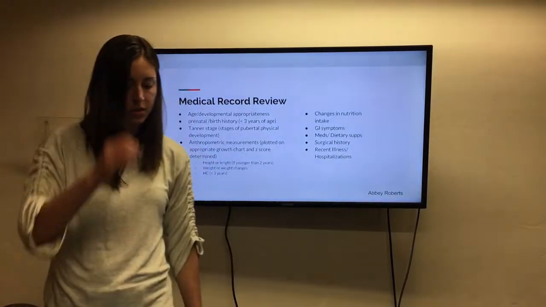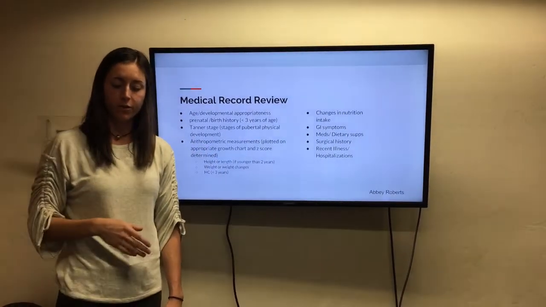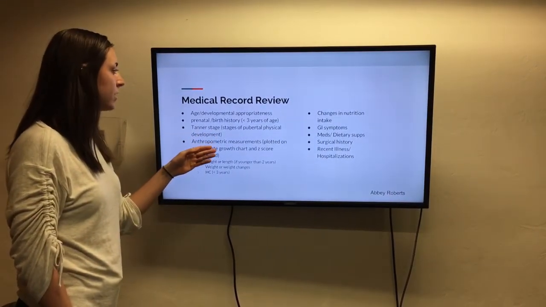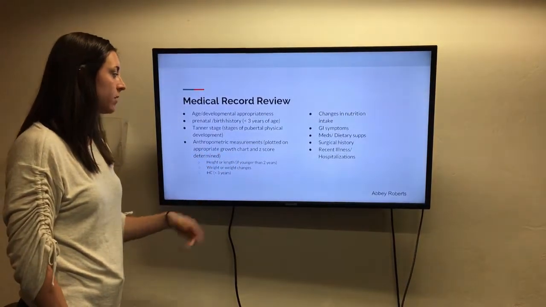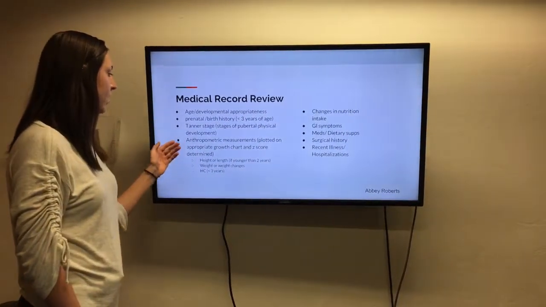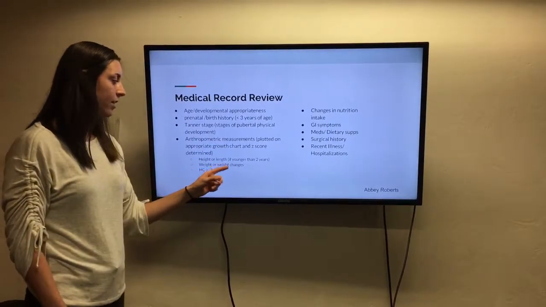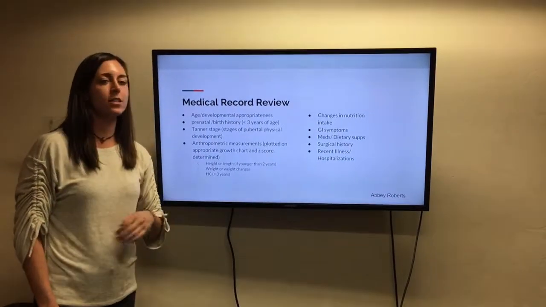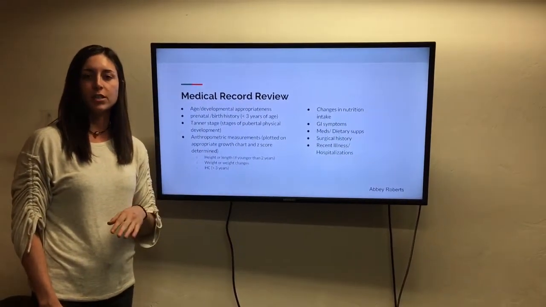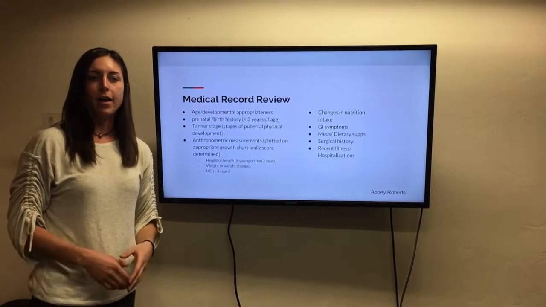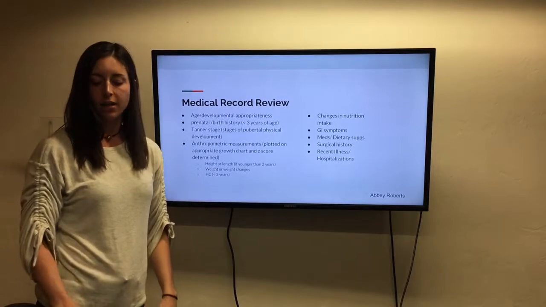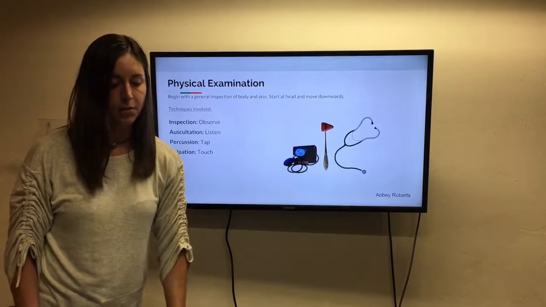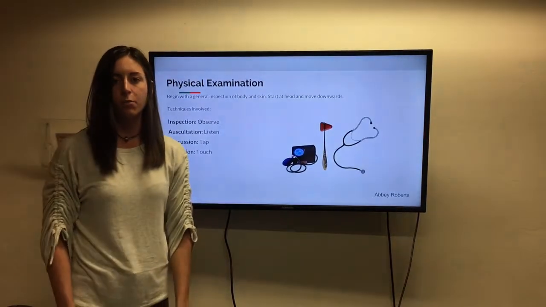So these are just different things that the medical record review utilizes. We have age and developmental appropriateness, changes in nutrition intake, GI symptoms, and then as you can see, the anthropometric measurements: we have height or length if younger than 2 years, and head circumference if younger than 3 years. This is because this changes with pediatric and adult patients. In pediatrics, we're looking more at if they're in the growth and development phase, and that so much isn't necessary in adults. The physical exam begins with the general inspection of the body and skin, moving from the head downwards